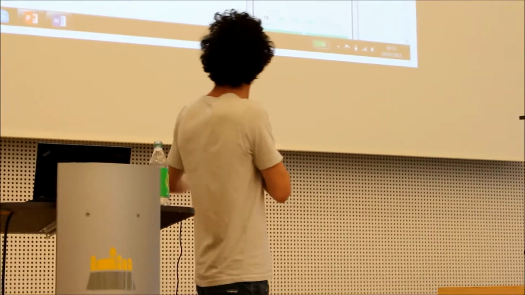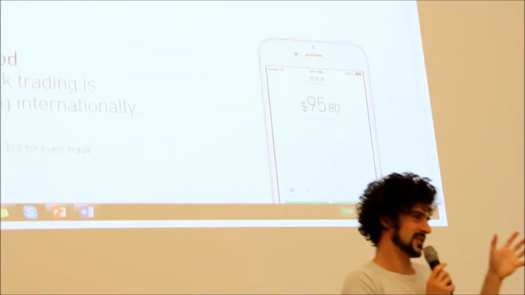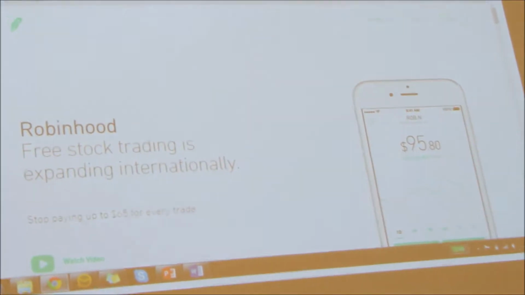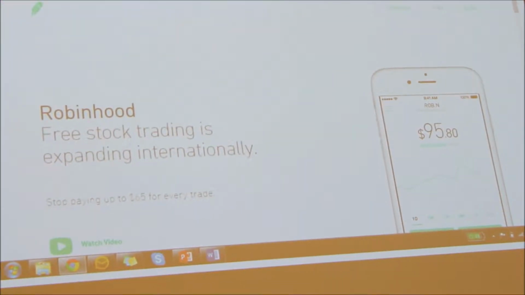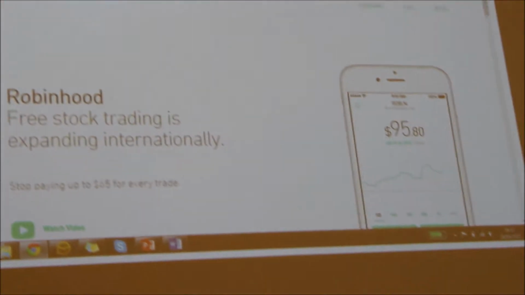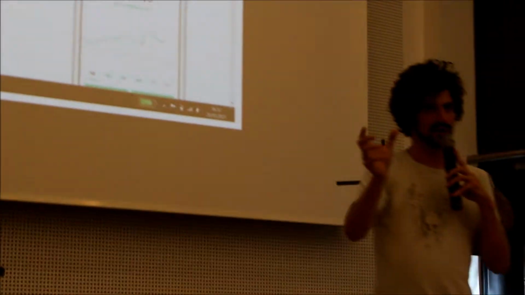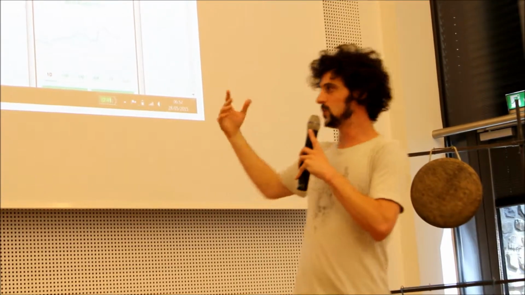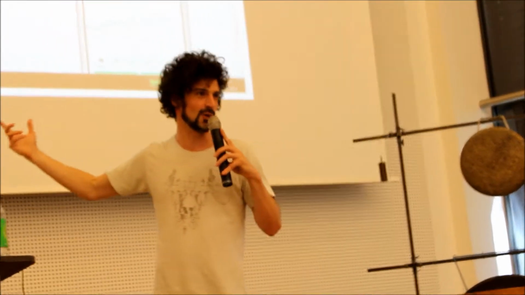Here's another one called Robinhood, which is this new app-based trading interface where, again, you don't have any humans involved. It's completely algorithmic. You have your phone, and then you can trade on the stock market for almost no cost. Okay. And again, what these guys are always pitching themselves as is democratizing finance. In other words, bypassing the traditional intermediaries who were involved. Of course, you might want to ask yourself, what kind of person has the money to be doing stock trading? Who are you democratizing finance for exactly?